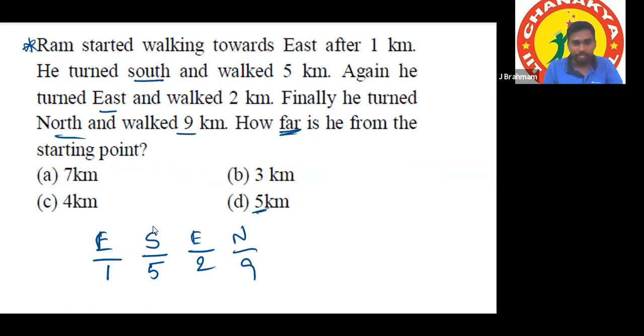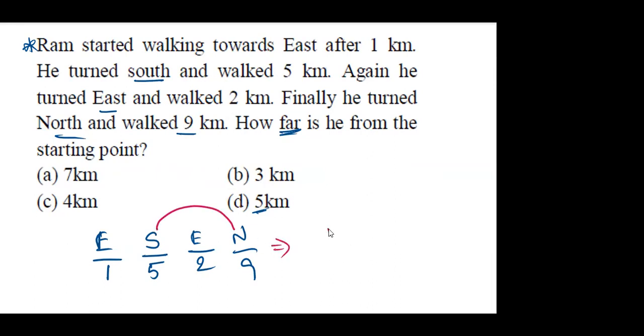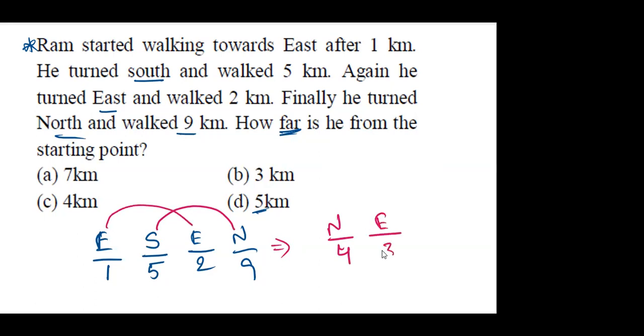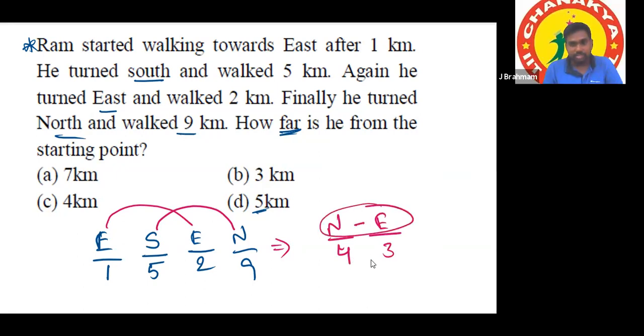Okay. North and south are opposite polarity. Which is bigger? North. The difference is 4. Okay. And east and east are the same polarity, so we have to add them. 1 and 2, adding them gives 3. Actually, the direction is towards northeast, but for the distance we use this.